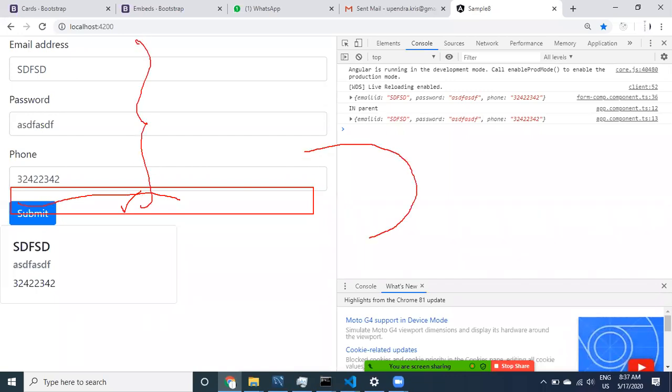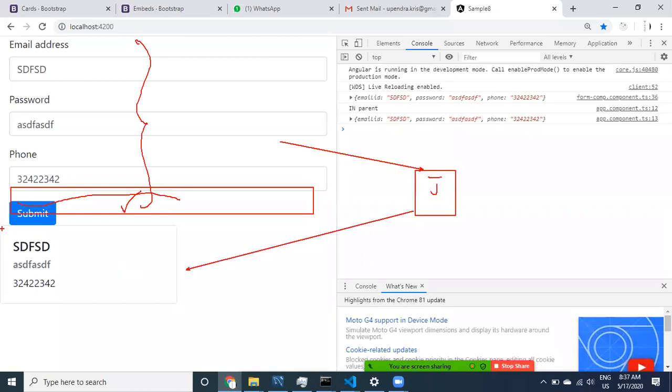The JSON data first goes to the app component. Then the JSON is going to forward it to another component, the person card component. In the person card component, we can use that URL and display the image. This is possible.